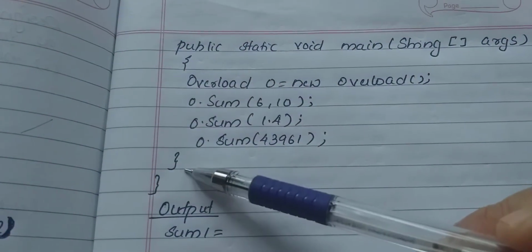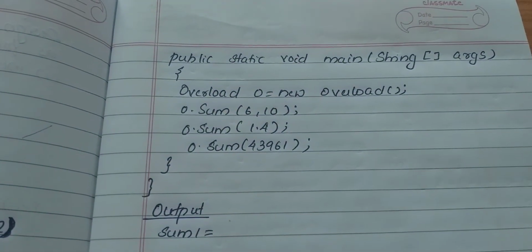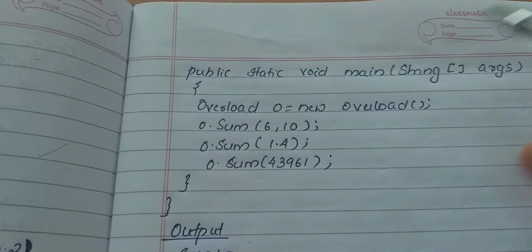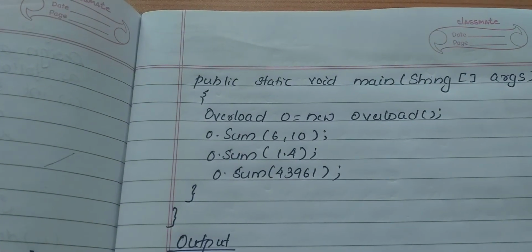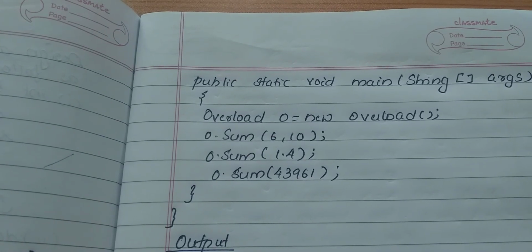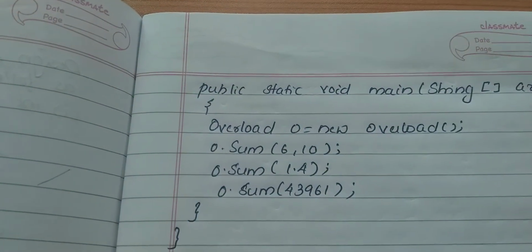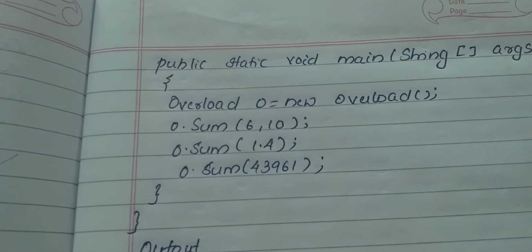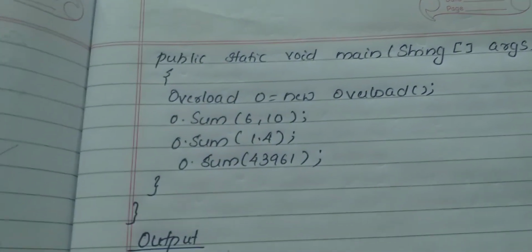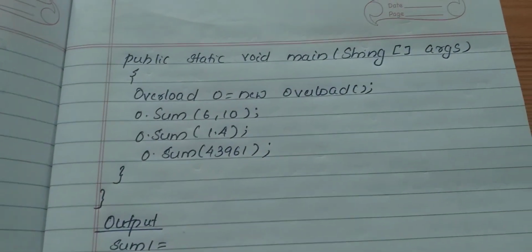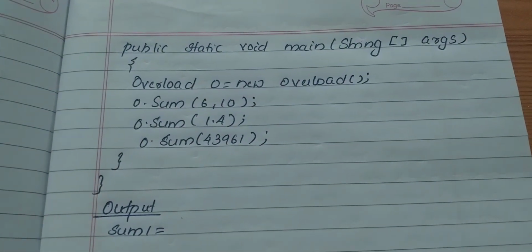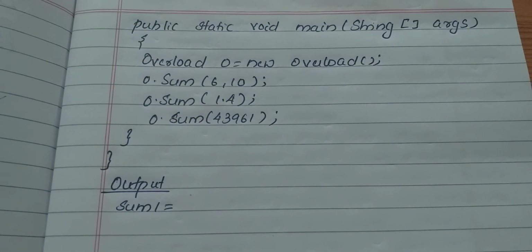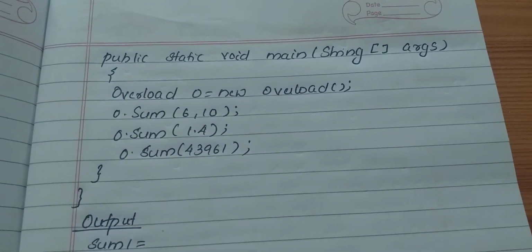So our main function is closed and the class is closed. So this is the program. So students, you write the output for this function also. So I hope this program is clear for you. And students, be sure that this type of question will surely be asked in your board exam. So I hope this question is clear for all of you. If you have any doubts, you can ask me.